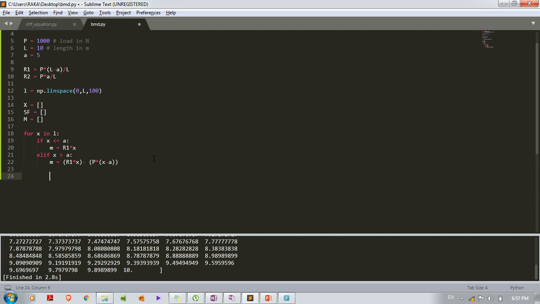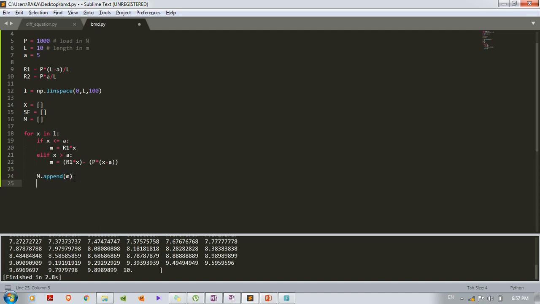So what I have to do, I have to get out from this if block, and whatever values I am getting, I have to store in these empty arrays. Right now I am not writing the formula for shear force. First we will check only the bending moment. So our program will get faster. So now I will store values of moment in the empty array of M. So there is a command M.append. Append means addition, small m. So whatever value is calculated for small m, that will be stored in this capital M array.